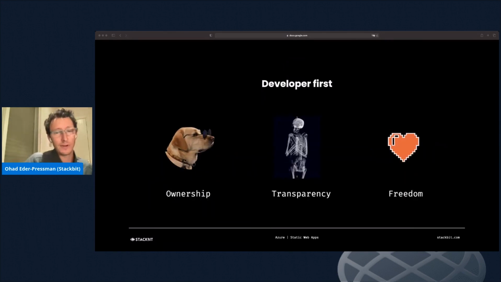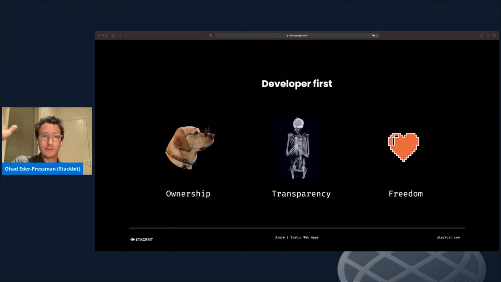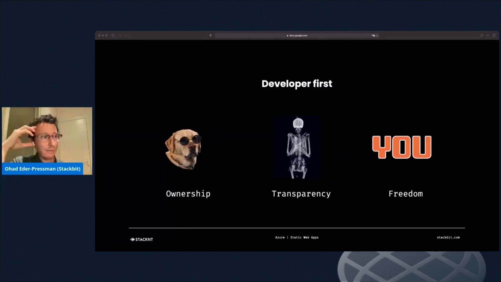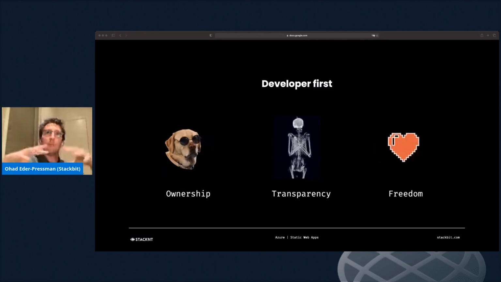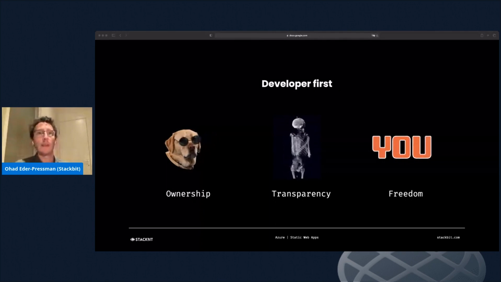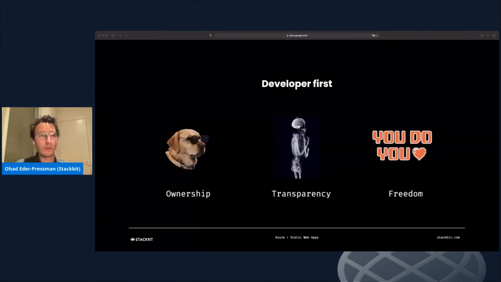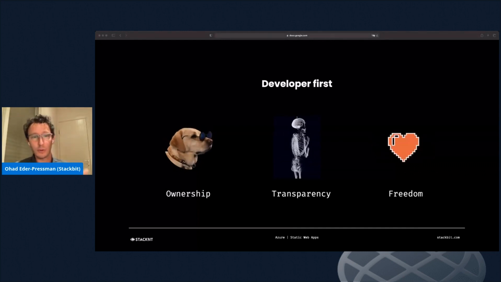So what does it mean to build a Jamstack site builder and focus on developers? What it means is basically that we took something like Create React App or Next.js or Gatsby, and we put a Webflow-like user interface on top of it. Basically it means that with StackBit, you can come in, create a website from a variety of themes, own that website, own that content, right? So it spins up in your GitHub repository, you own the code, you have full control over the code.